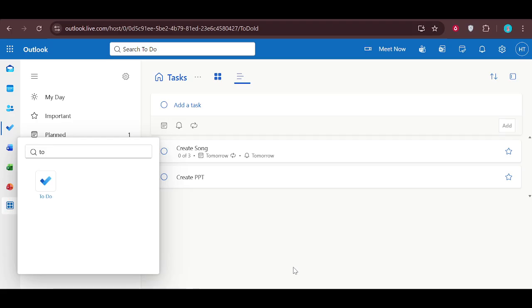That's all you need to add Microsoft To Do in Outlook and make it easy to access. First, check the left navigation bar for the blue check mark and click it. If it's missing, open the More Apps menu at the bottom, find To Do, right-click it, and pin it so it's all